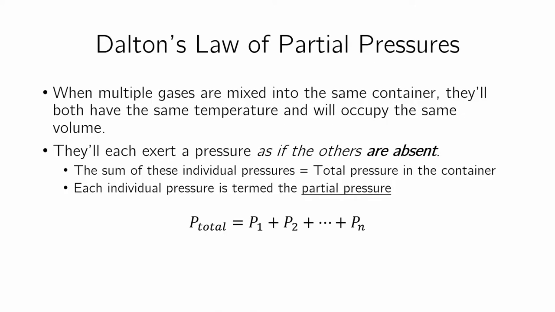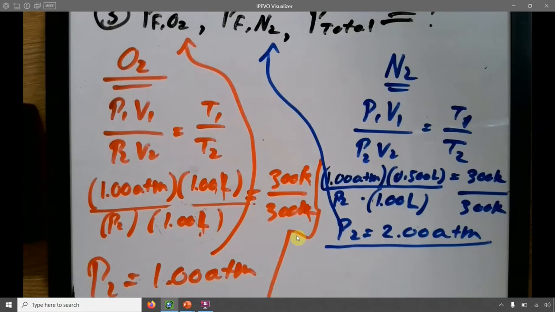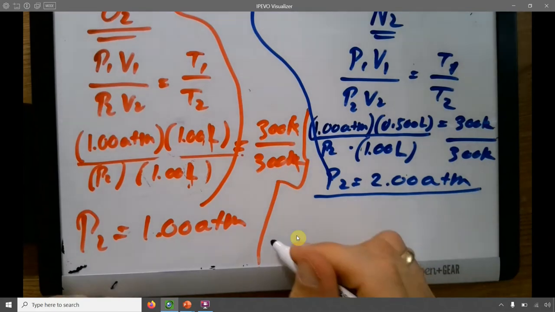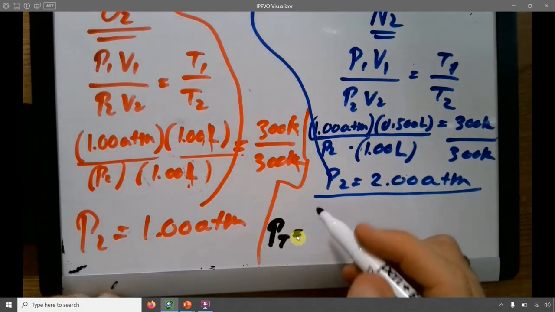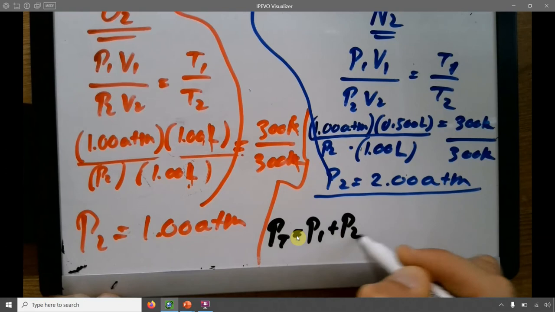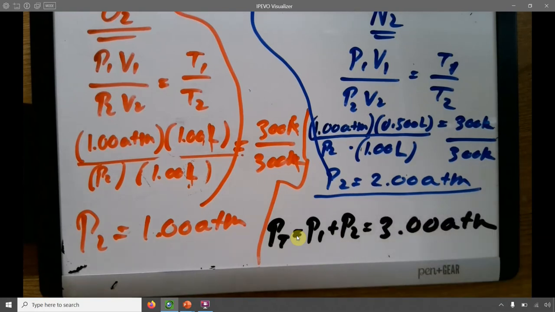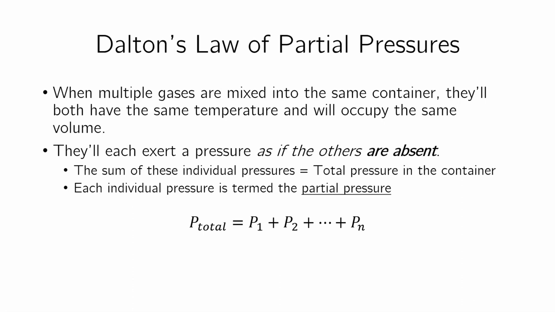And I want to know the total pressure. Well, that's Dalton's law. The total pressure is the sum of the individual partial pressures. So P total is equal to P1 plus P2. So it's 3 atm, 1 plus 2. That's it, and that's the idea behind partial pressure. Hopefully that made sense. It just reinforces the whole idea that gases don't really care for one another. They don't interact with